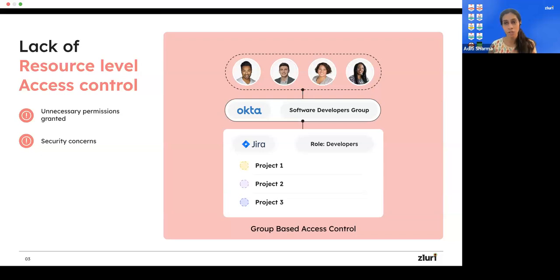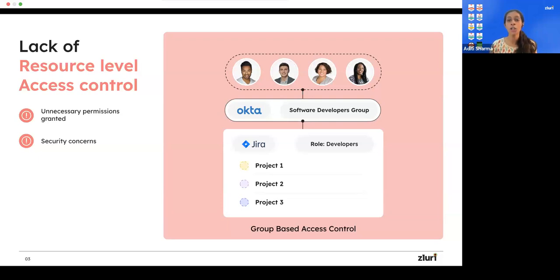This company uses Okta as their IDP, and they have different groups in which they have classified their employees. We have 4 employees in this company who are part of the software developers group. Once they are in this group, they are provisioned access to Jira, and not only to Jira, but also to all the projects within Jira for this company.